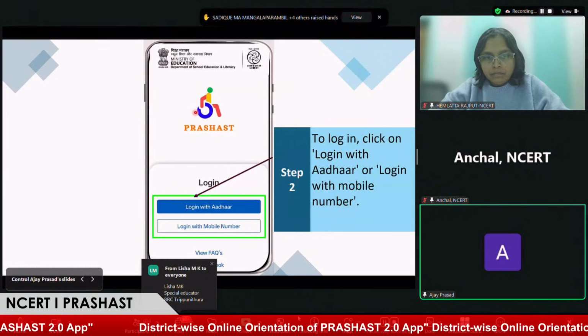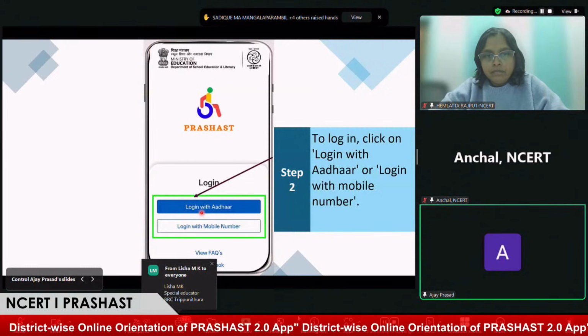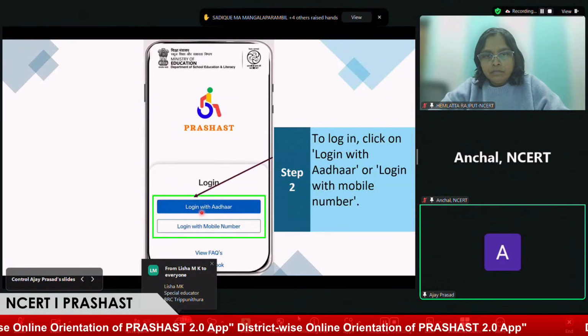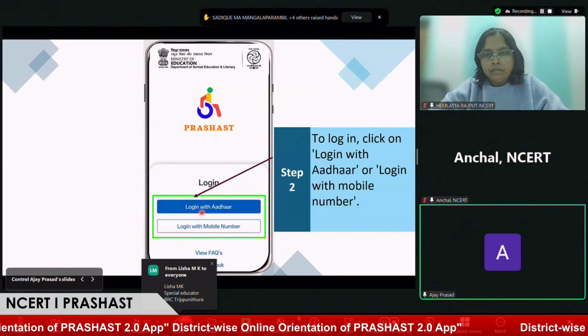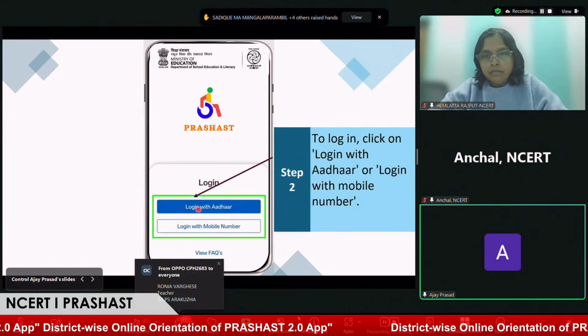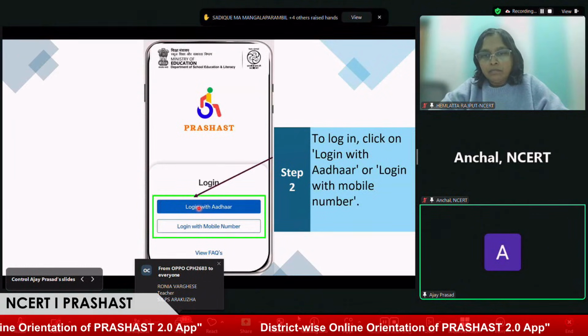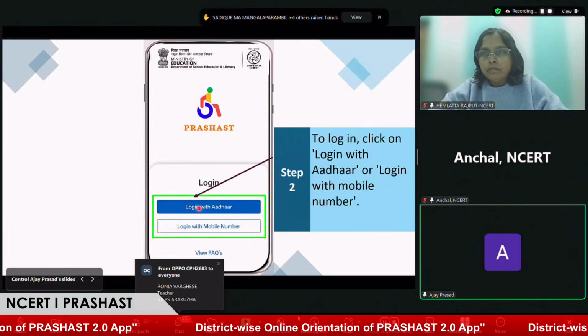Aadhaar for the first time, because of some issues we have encountered: once people use their mobile number, their mobile numbers are not updated. There are cases where they cannot find their account because of the link to Meri Pehchan, and there's a limit on the number of accounts that can be created using one mobile number.